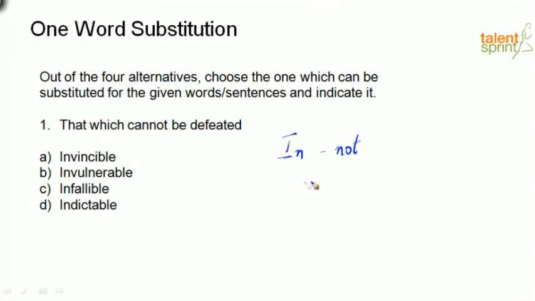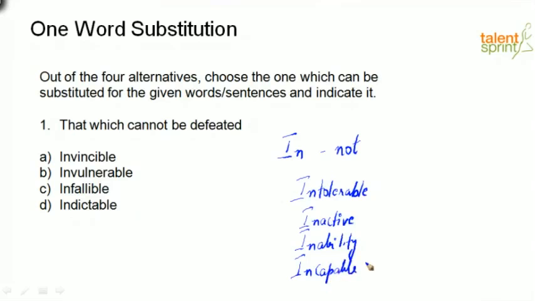So we looked at a couple of words. Bhaskar already gave me the answer, but we looked at a couple of words. Intolerable, just to randomly give some examples, inactive, inability, incapable, right? So we said it basically gives me the meaning of not. Intolerable, impossible or cannot be tolerated, right? Inactive, not active. Inability or incapable, not capable or not able. So we understand this prefix in, which is a very clear prefix in all of our options.